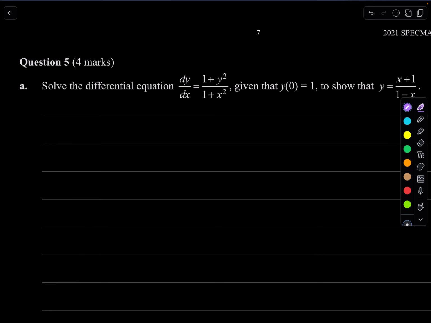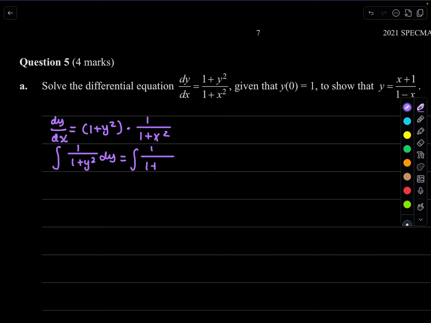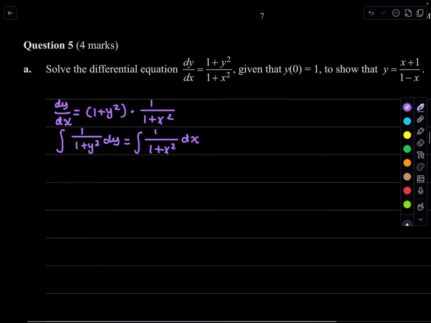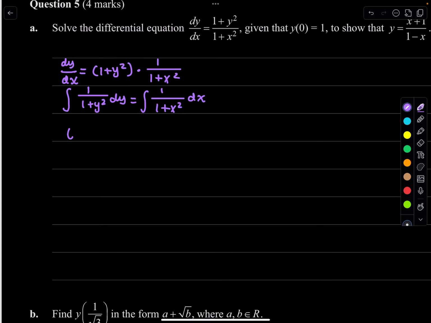So it's in terms of x and y, so we're going to have to use separation of variables. Let's write it nicely. dy/dx is equal to (1 plus y squared) times (1 plus x squared). You can tell I'm separating them right now. So I'm going to integrate, remembering that I have to reciprocate the y parts. So it's the integral of 1 over (1 plus y squared) dy equals the integral of 1 over (1 plus x squared) dx. When you integrate that, it's of course tan inverse of y, and this is tan inverse of x